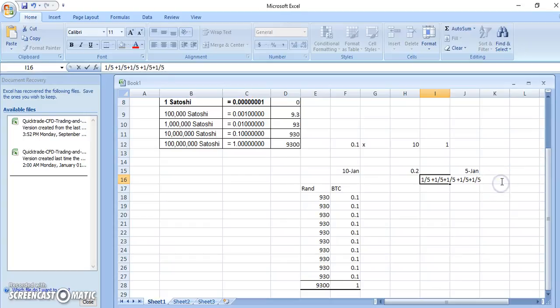That will give me 5 over 5. And 5 over 5 in mathematics is equal to 1,